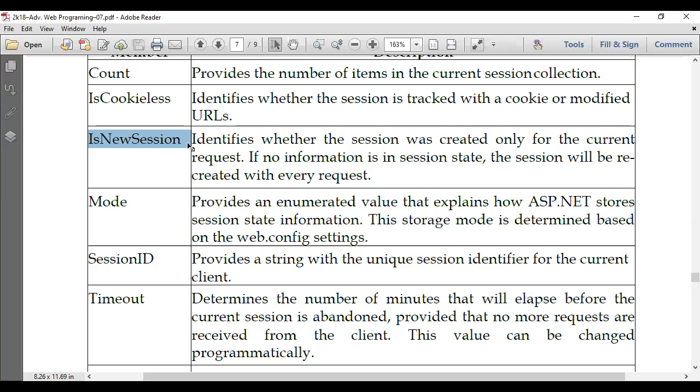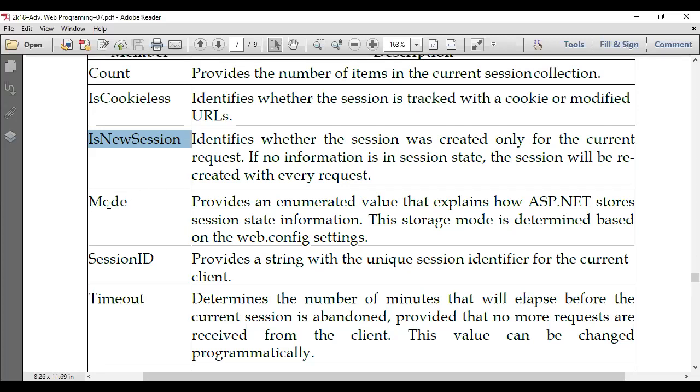But obviously we have to write the appropriate code: IsNewSession true or false. If true, what to do, if false, what to do; that code we have to write on each and every page of our website. That's why, when I discussed the difference between application and session, session is available at the pages where you are checking with the sessions. Application variable is available on all the pages regardless of checking it.